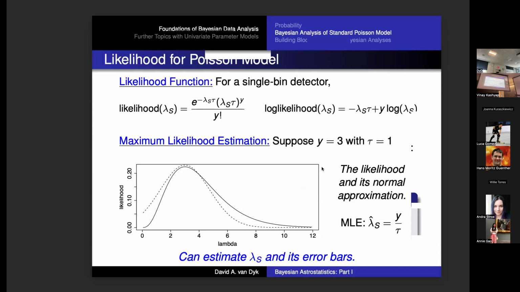And often the way, if you're doing maximum likelihood estimation, you'll compute this curve. You will find the maximum value. That's going to be the most likely value of the parameter. And you can assess the uncertainty by looking at how quickly the curve falls. If the likelihood function falls off very quickly, if it fell down like this, that would mean you have more information about the parameter.